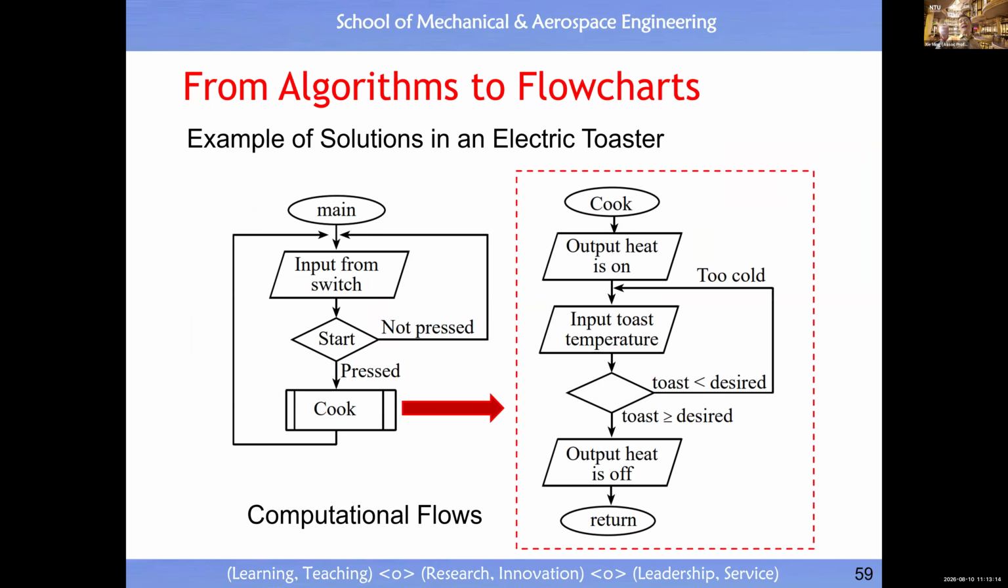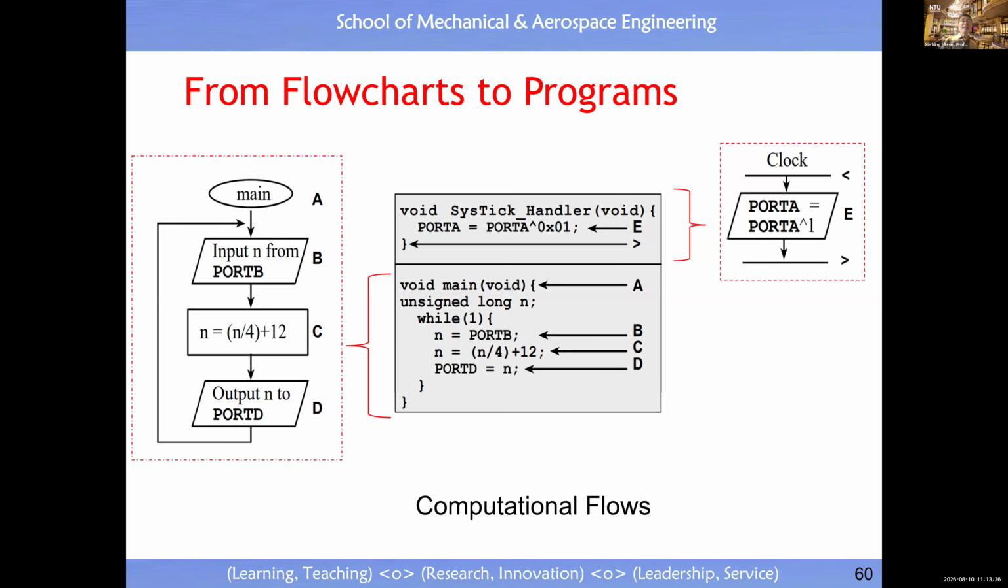If the temperature is higher than a certain degree, stop. If it's less than a certain degree, continue to heat it. Very simple mathematics, right? Okay, then you draw this data flow diagram. Then you translate this data flow diagram into a program. You see input port B basically to read temperature, right? Then output something to port D to trigger whether you continue the heater or just stop the heater,